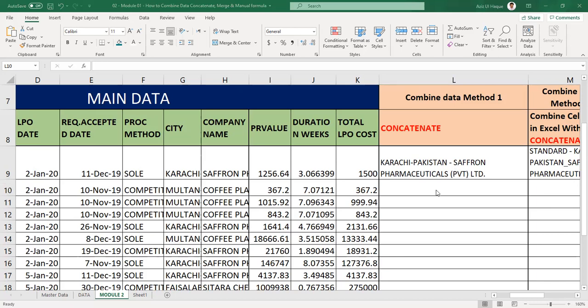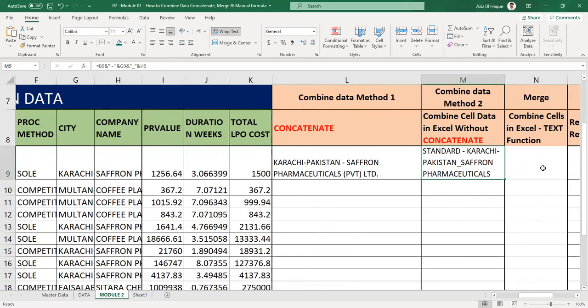Now we will go to the other option and see how to do the manual formula. It is very easy. If you want to combine the data and you don't want to use concatenate, you can use this formula.